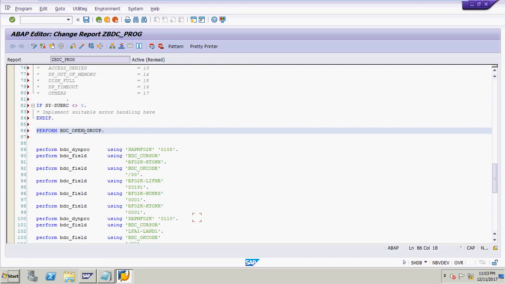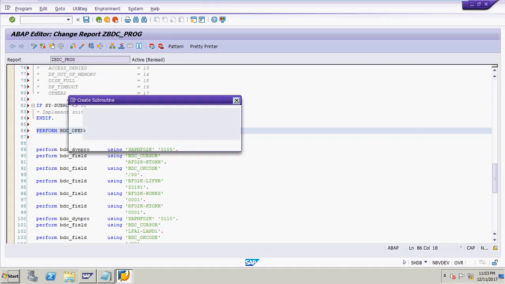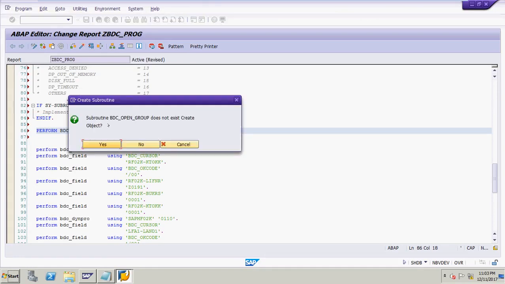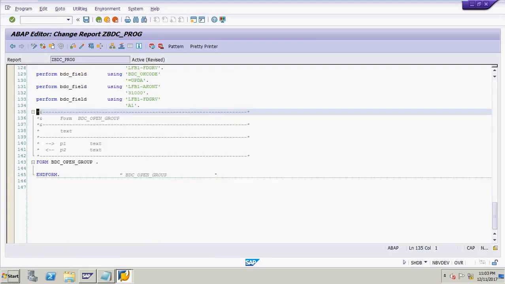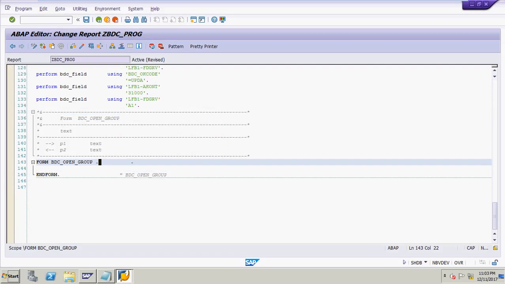Now double click on it. It will show a pop-up: do you want to create the subroutine? Yes, I want to create. And select the ZBDC program name, it is the main program, and click on the continue button. It will create a FORM statement.